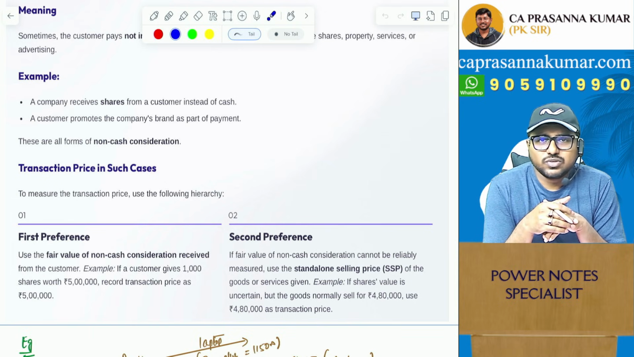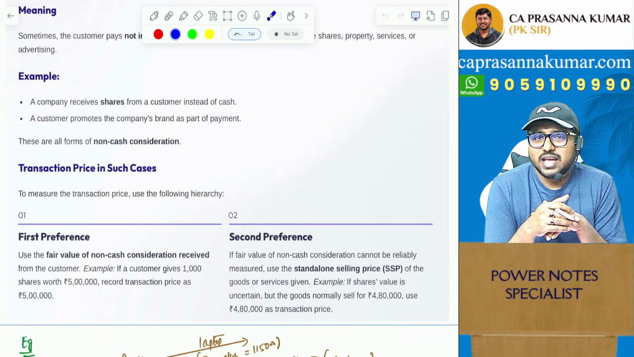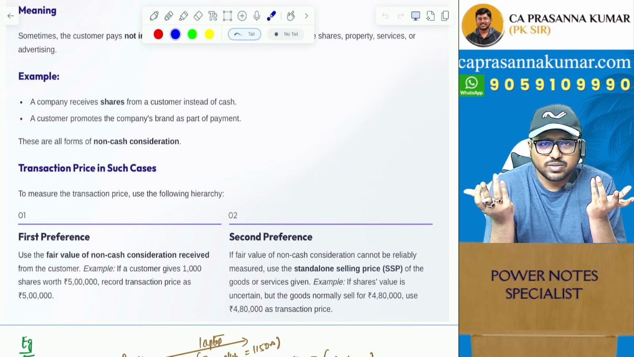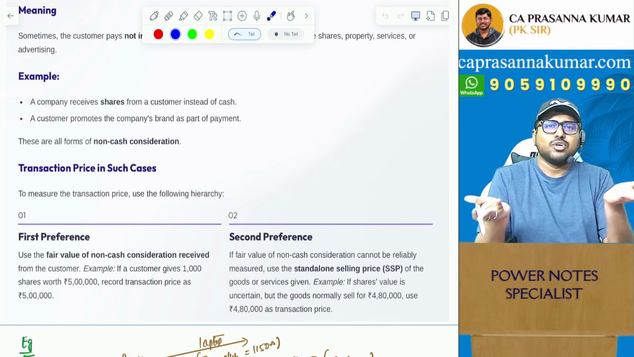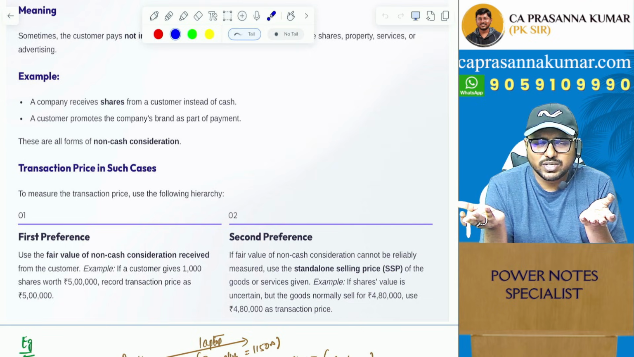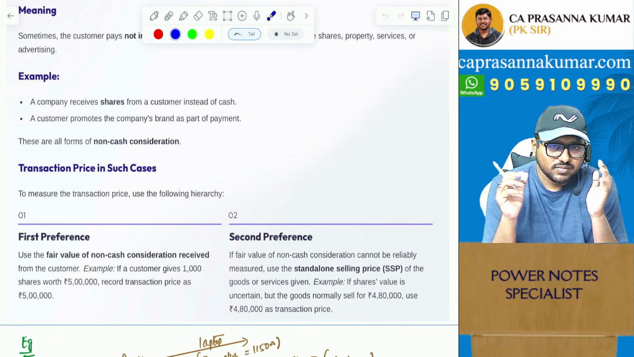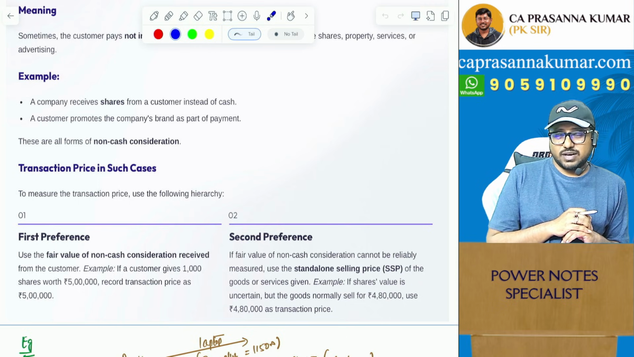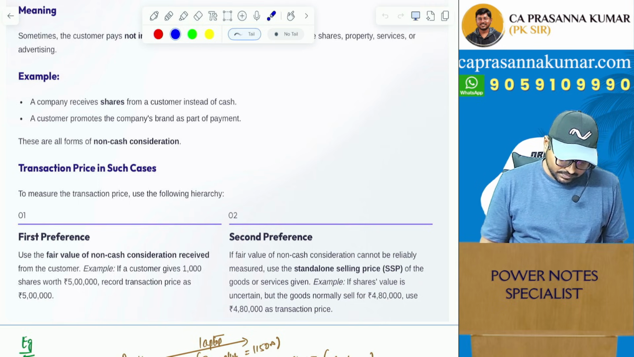You understand the point? So therefore, if consideration is not in cash and if it is in kind, then how are you going to measure the transaction price? That's the biggest question. Now, if it is cash, you know the value of the cash, and that's the transaction price. But if it is in kind, there comes a problem. Actually, it's a very simple concept, but here also I've seen students getting confused. The reason is, see here,